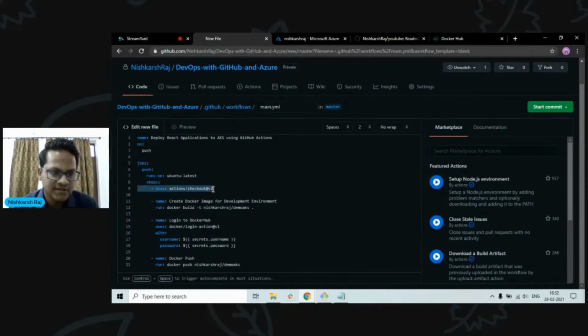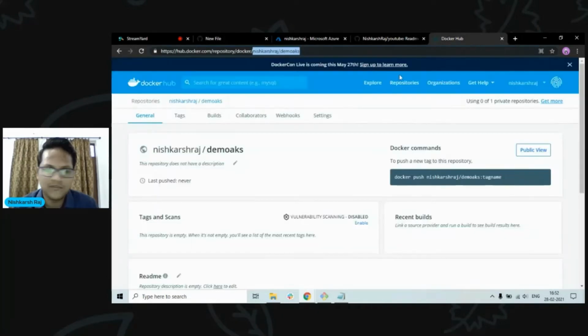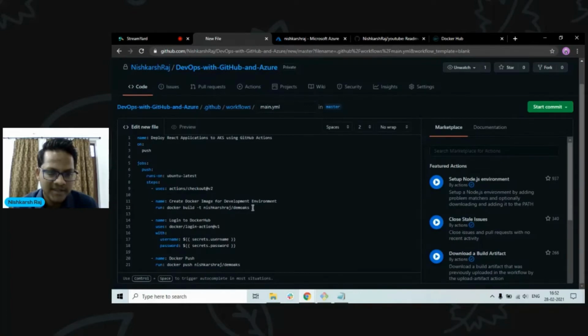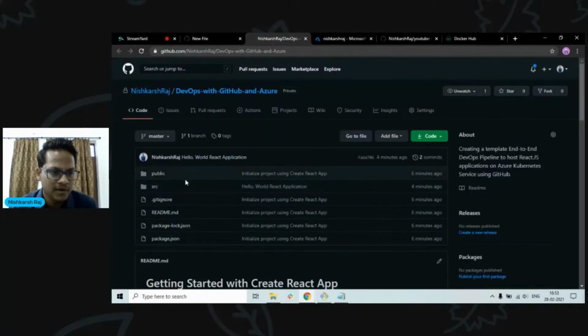So actions checkout is basically used. It is created by GitHub Actions, and it allows us to use all the files present on our repository in the GitHub Actions. Then I would fire a terminal command, that is docker build, to build the Docker image. -t is basically the tag that I want. So here the tag is the name of my username followed by the repository. And dot basically specifies where this Docker file is. So dot is the current folder, and my Docker file must be present here. But as you see, we have not created the Docker file. So let's create it first.